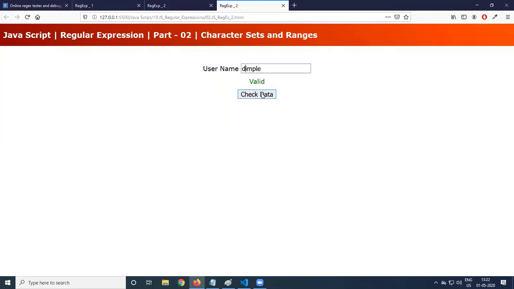Dimple, valid. AIMPLE, invalid. XIMPLE, invalid. After this, you can have anything. Before this, you can have anything. If it is capital letter, the next character capital letter, invalid.